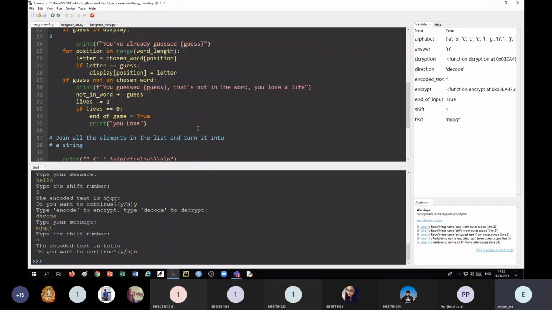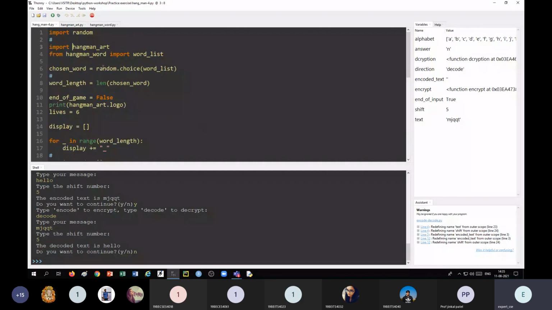For example, the logo and the diagrams which we print when the user loses a life. Here I have taken one module known as hangman_art, or we can say it's a separate Python program.